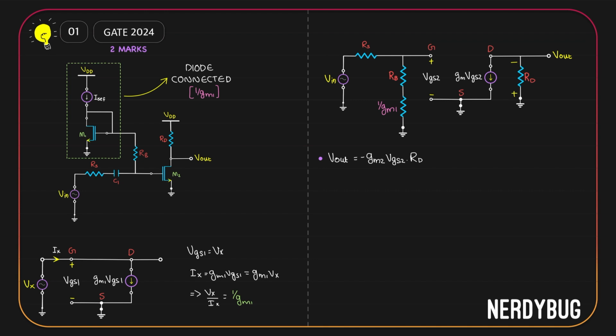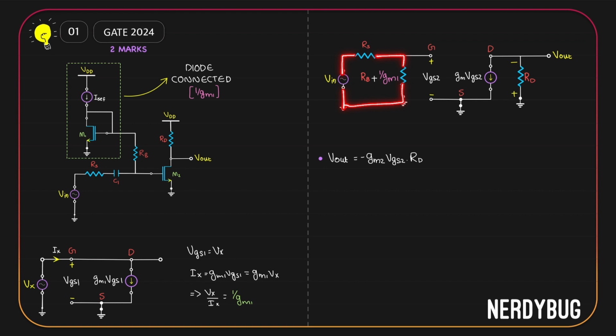At the gate, we have Rb and 1 by gm1 in series. To make it simpler, let us model them as one resistor whose resistance is Rb plus 1 by gm1. You can see that this resistor is directly connected across the gate and the source. That means the potential across Rb plus 1 by gm1 is equal to VGS2. Now, if you take a look at this loop,